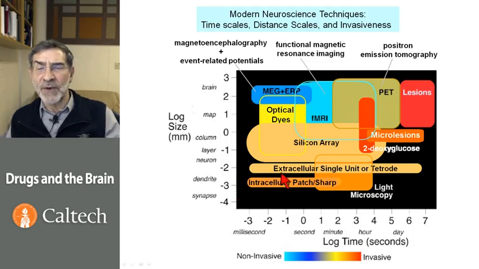If we want to record events on a much finer distance scale, we need to use the kinds of intracellular electrodes that we saw on the previous slide, or patch electrodes. There are now ways of recording lots of activity at once with sets of electrodes, or even with devices with silicon arrays. So again, we can't go into all of these techniques in this course, but I can assure you that each of these techniques has been useful for unraveling the effects of drugs on the brain, and we'll try to give some of the examples of this as the course goes on.